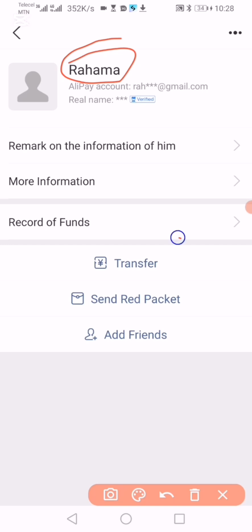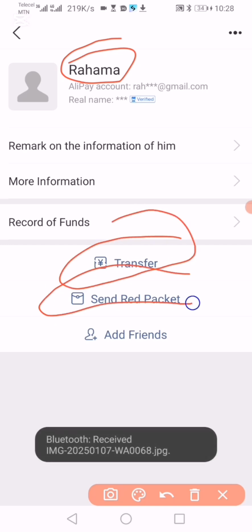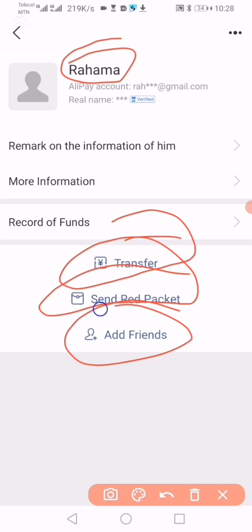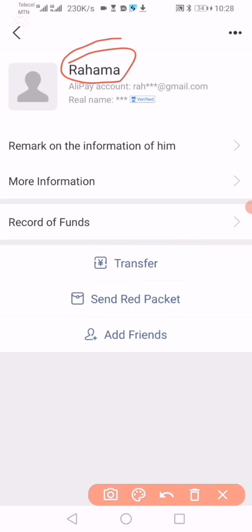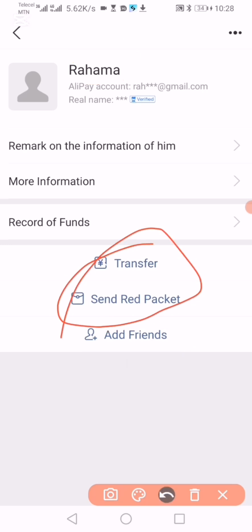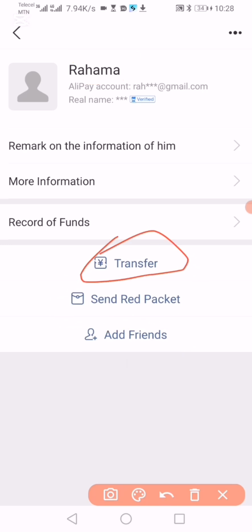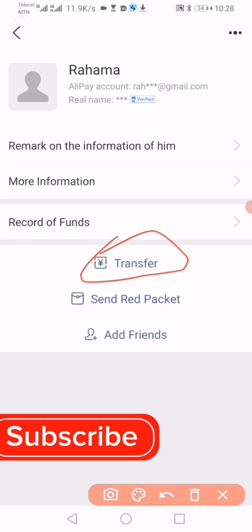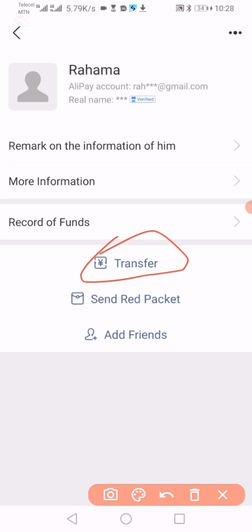Now, what do you want to do? You want to transfer? You want to also send red packet? You want to add as friend? Add as friend, you just know we are just adding them as friends. So I want to talk about these two: send as red packet and transfer. Now the transfer, I always advise my students that if you are transferring funds less than 1,000 yen, or less than 500 yen,